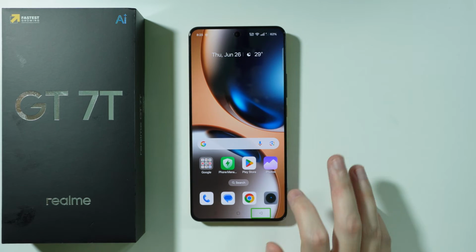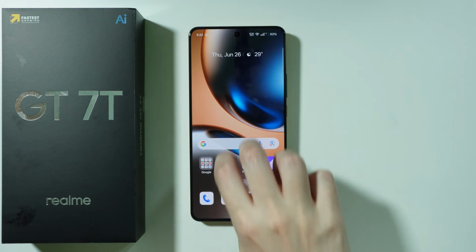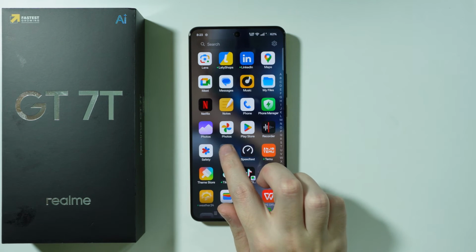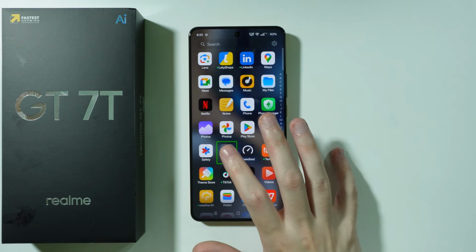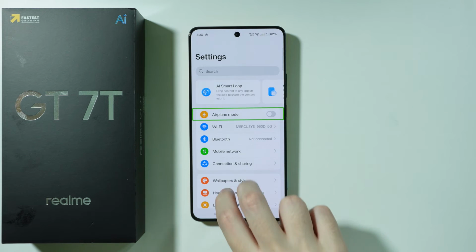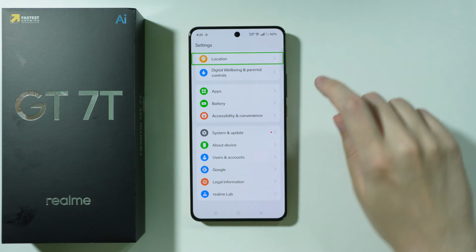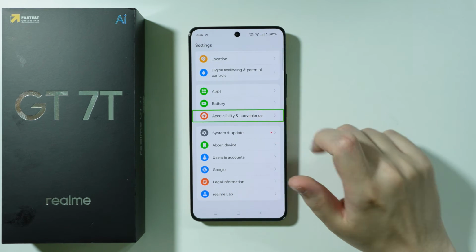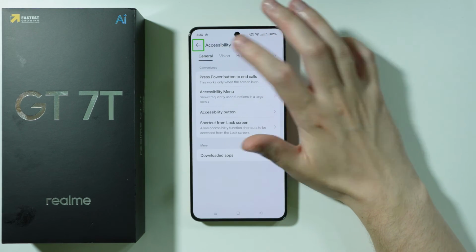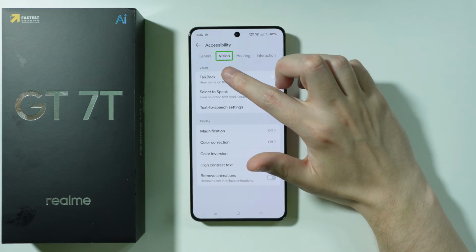app by tapping once. So for example, if I'm going to go to the app drawer, then I can find settings, so I can tap once in order to select it, and then double tap in order to confirm the selected option. And then over here, of course, we can scroll down to accessibility and convenience, tap once and then double tap once on accessibility and double tap once on vision and double tap, and then tap once on